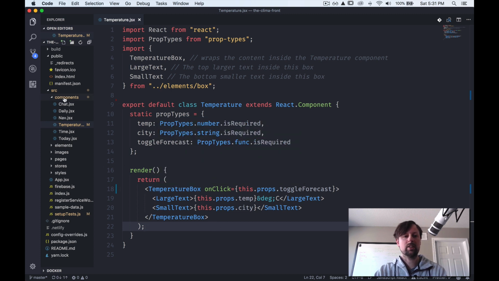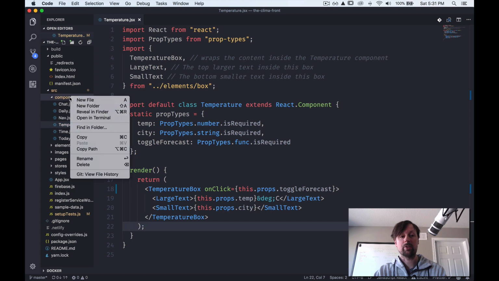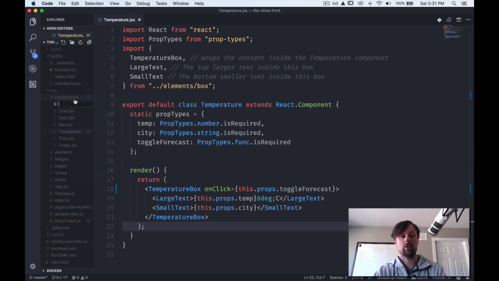So Create React App comes with Jest pre-installed. Jest is a testing framework that's really popular in React, and I think it's made by Facebook, which is probably why they included it, but we can just use it. So if we come in here, we're going to create our first test, and we're going to name it the same name as the component we're testing,